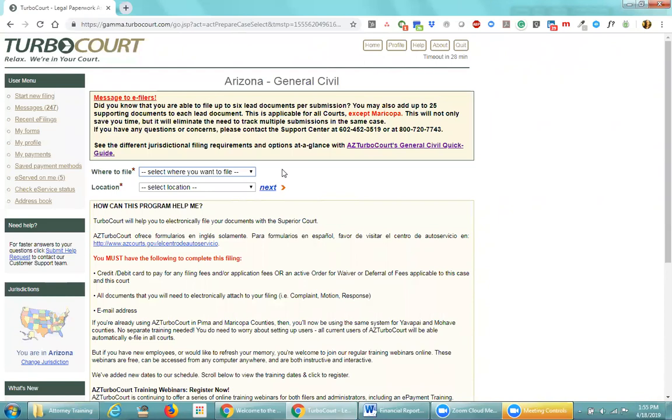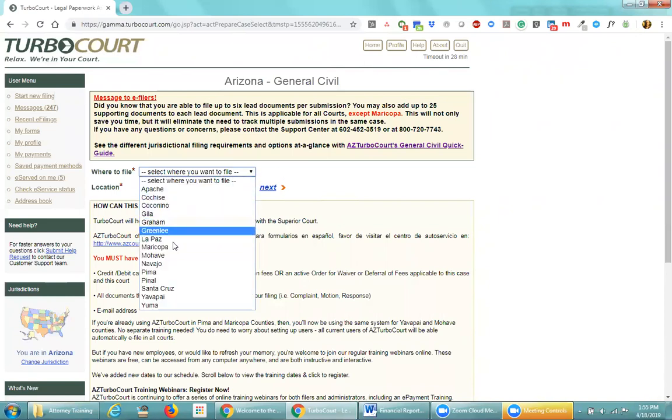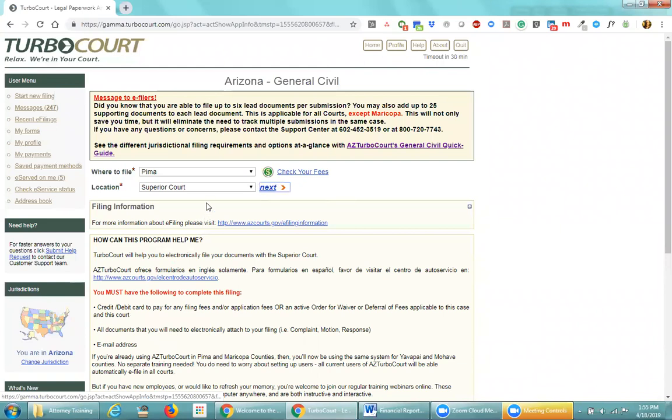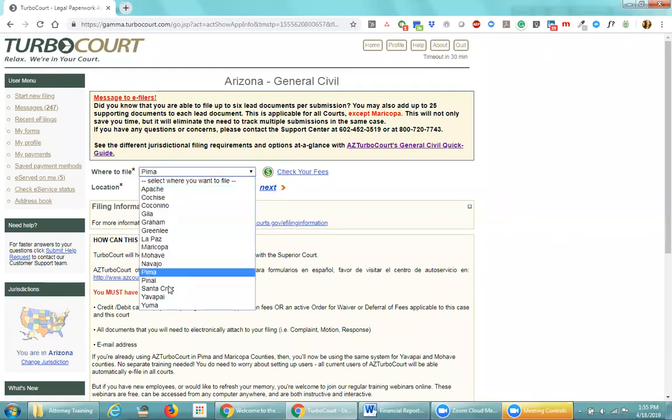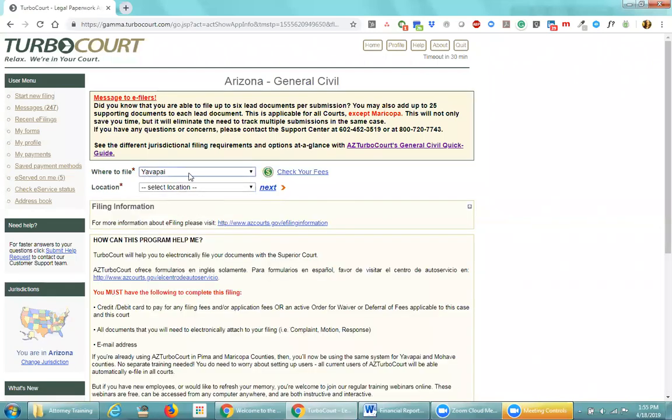So for purposes of today's training, which is focused on case initiation, we're going to be looking at only 2 approaches, the Pima approach and the all other counties approach, all right? Okay, so let's say I'm wanting to initiate a case in Pima, and it defaults the location to Superior Court, because that's the only option that there is in Pima, okay? But let's say, for the sake of argument, that I want to initiate that case in Yavapai Superior Court. Well, they do have multiple locations, and so in that situation, I'm going to need to select the appropriate location, okay? From there, I simply click Next,